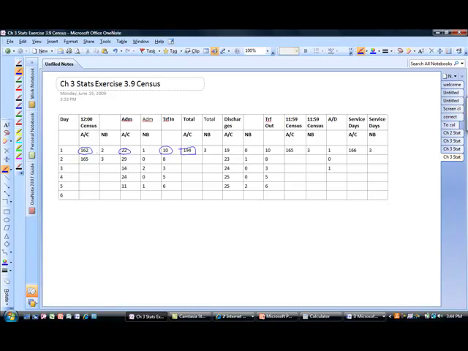So, we have 162, the start census. We add that to the 2 that were admitted and the 10 that were transferred in for a total of 194. We then go and subtract the 19 that were discharged and the 10 that were transferred out for a total of 165 adults and children. We then add the one that was admitted and discharged for a total of 166 service days for adults and